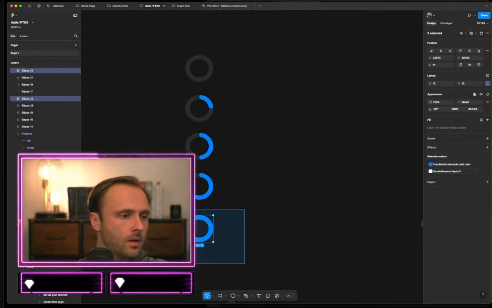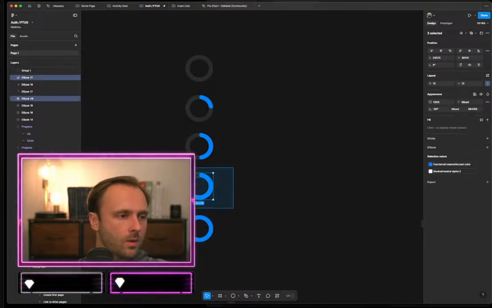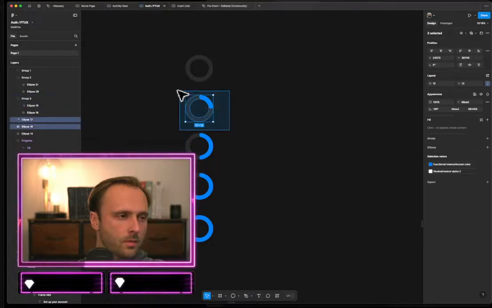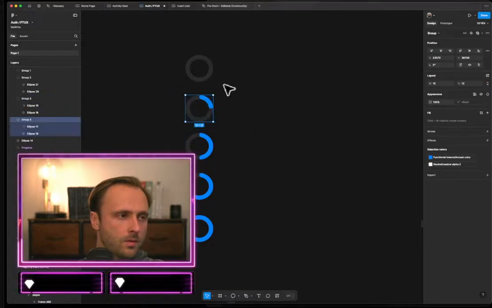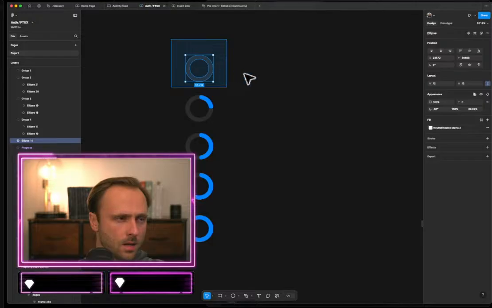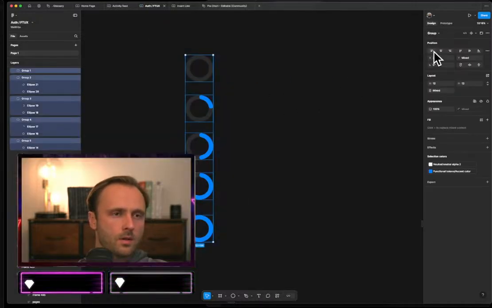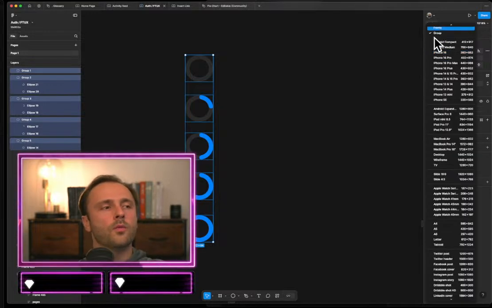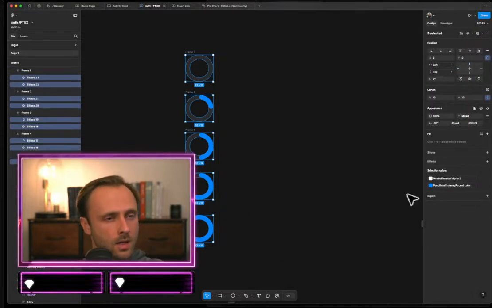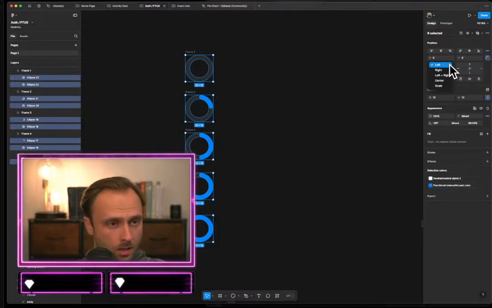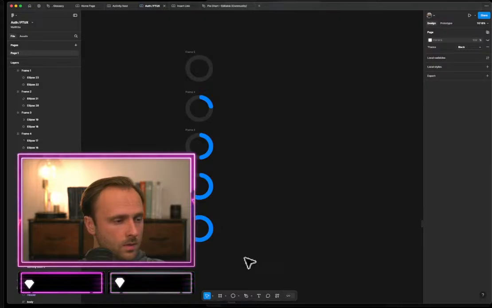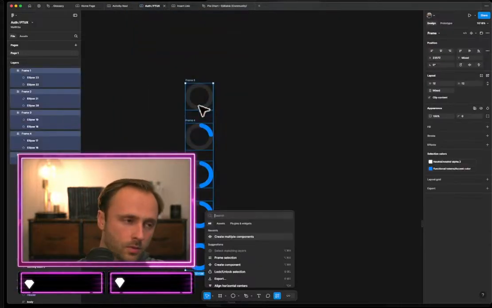And then we're gonna group these real quick, but then we're gonna convert them into frames so that they scale a little bit better. Frames, and then we're gonna select down and make them scale. And then let's create